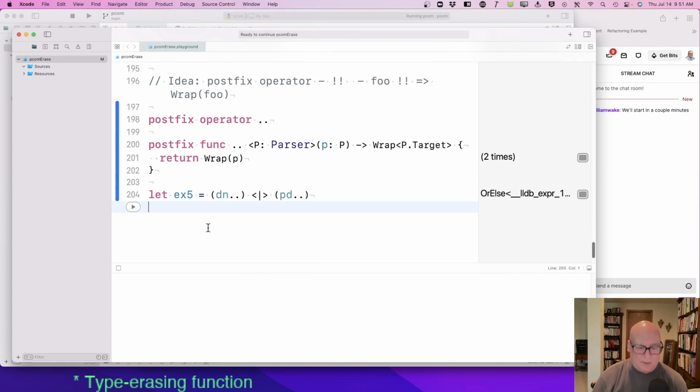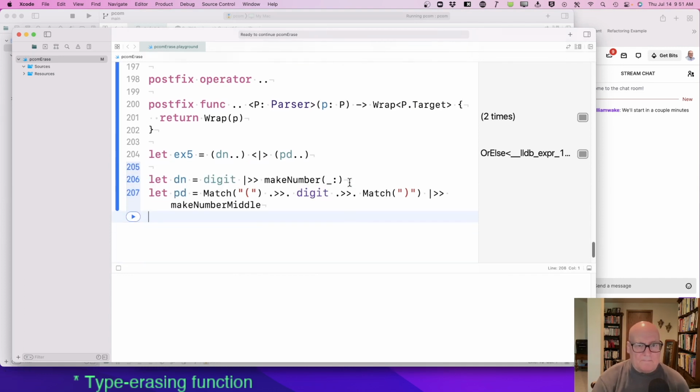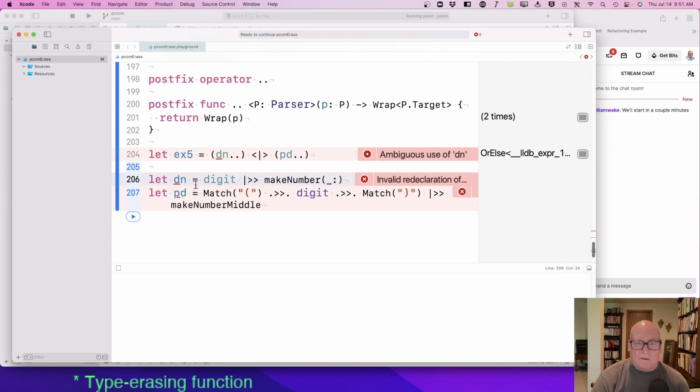I think I'm going to have to parenthesize it. Example 8 equals this dot dot. Don't need that stuff.